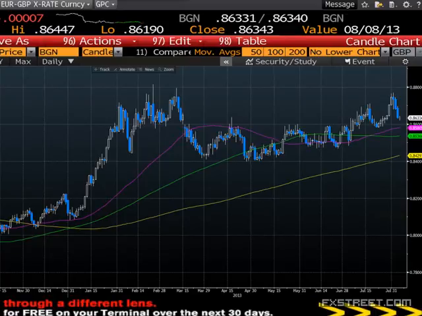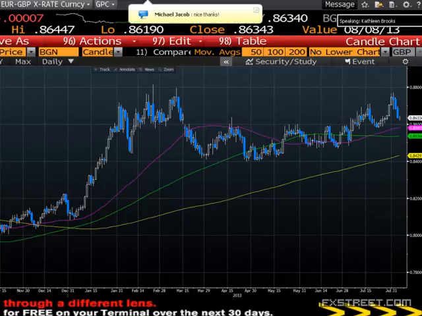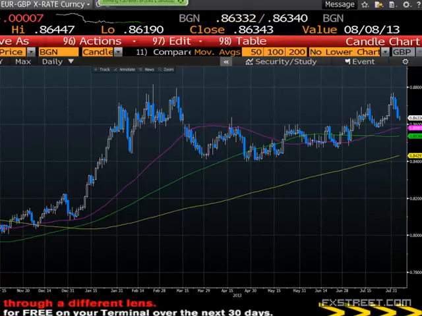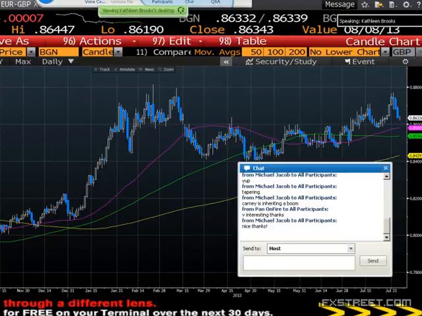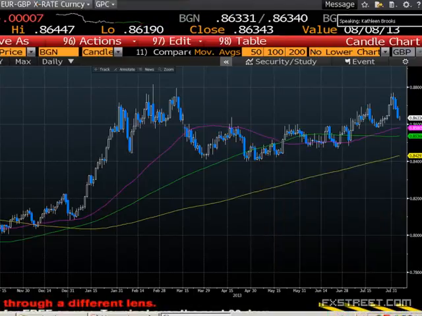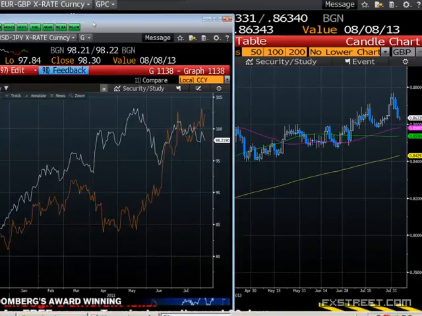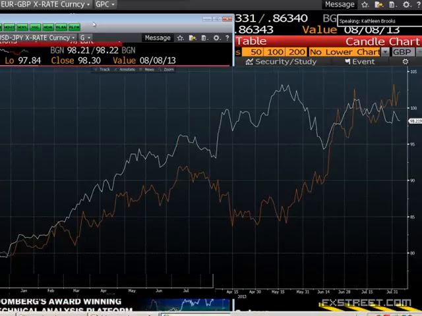The other thing I want to show you is dollar yen, and the reason why is because something interesting is going on. Just let me build the chart quickly. Okay, here you go. This is dollar yen, trending lower. That's the white line on this chart. And then this is the spread between